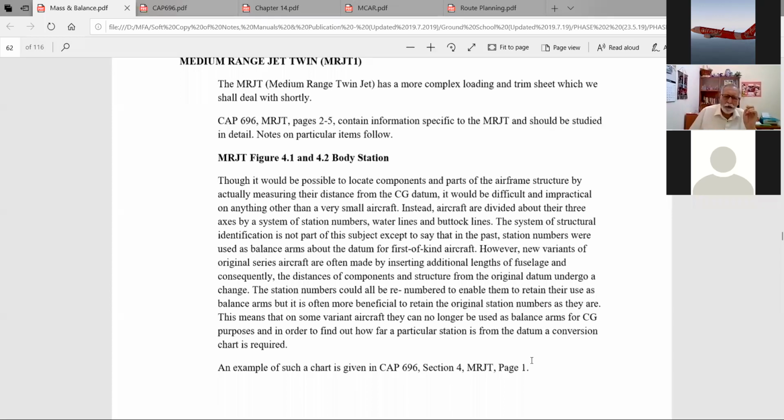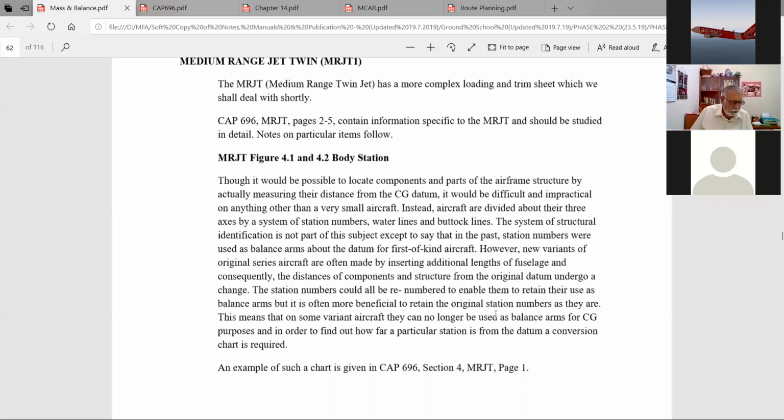Now let's go on to your CAP 696 MRJT, page 1 of section 4, where you have the diagram of figure 4.1 and 4.2. We'll study that a little bit. In the figure on top, which is 4.1,